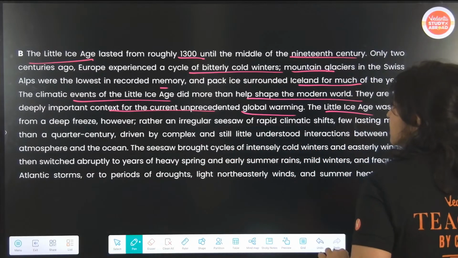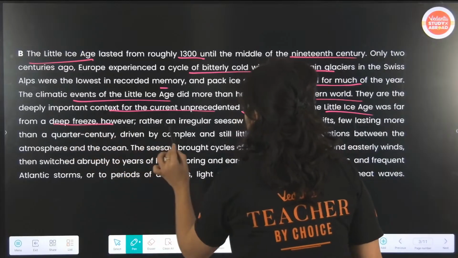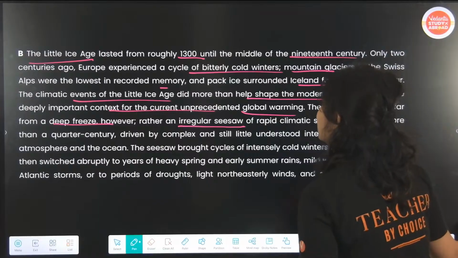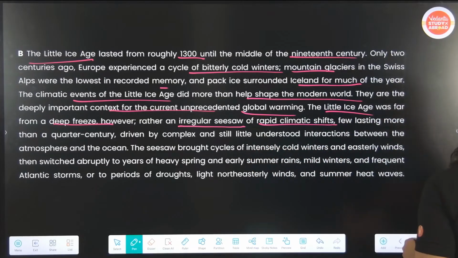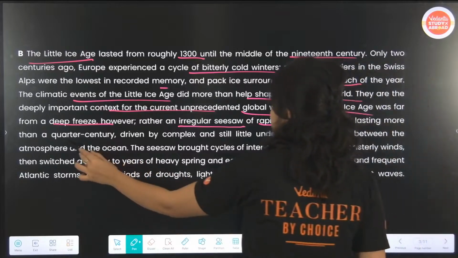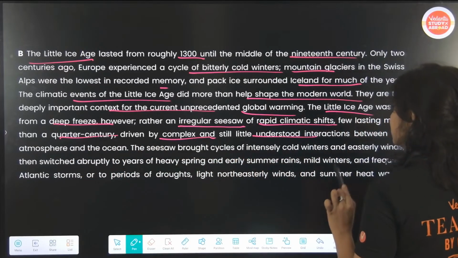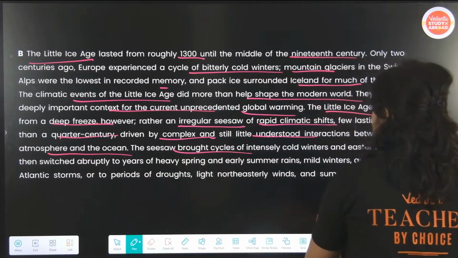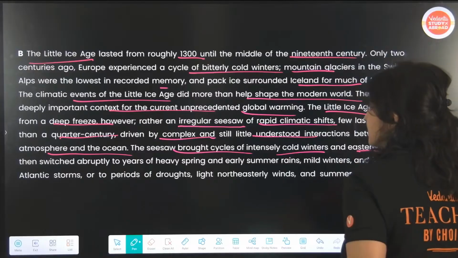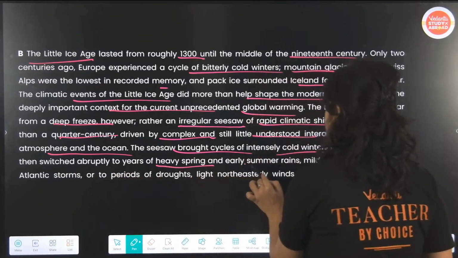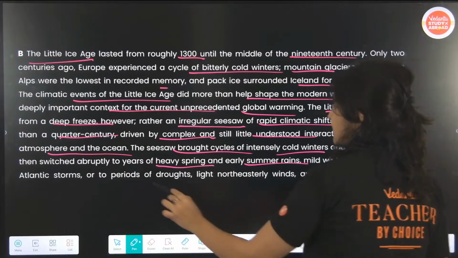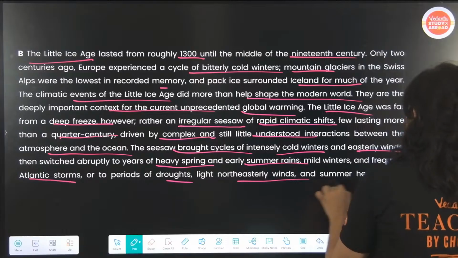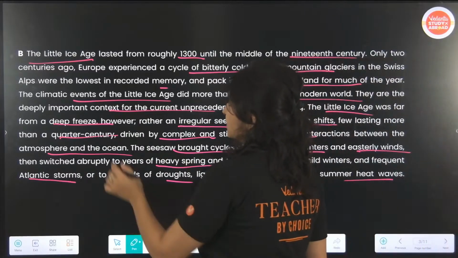The Little Ice Age was far from a deep freeze, however, rather an irregular seesaw of rapid climatic shifts, few lasting more than a quarter century, driven by complex and still little understood interactions between the atmosphere and the ocean. The seesaw brought cycles of intensely cold winters and easterly winds, then switched abruptly to years of heavy spring and early summer rains, mild winters, and frequent Atlantic storms, or to periods of droughts, light northeasterly winds, and summer heat waves. Okay, so now this is